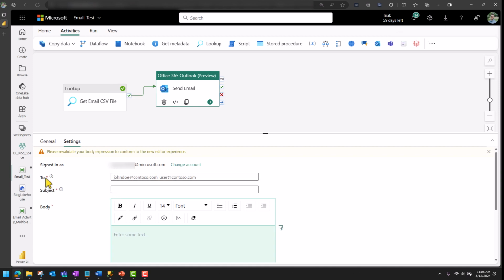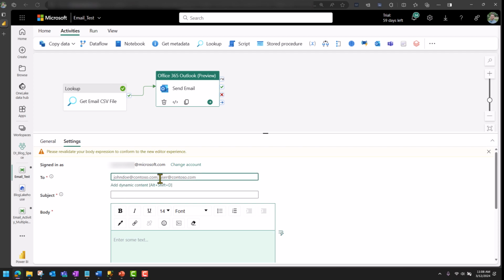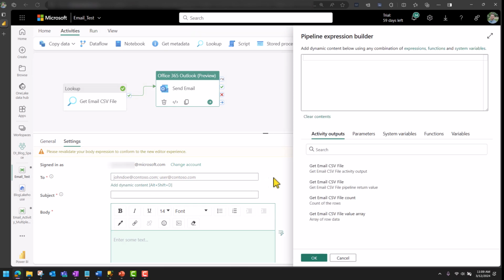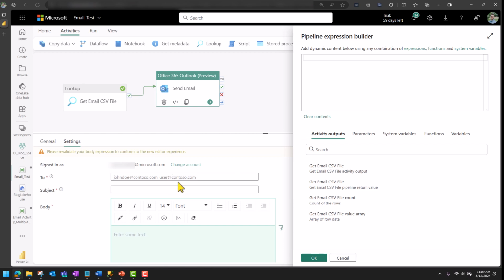And you see that the to field right here, specify email address, is separated by semicolons. I think commas work just fine, but we can do semicolons. And you can see that the example is John Doe at Contoso and user at Contoso. So we actually want to reference the lookup activity here. So to do that, we can